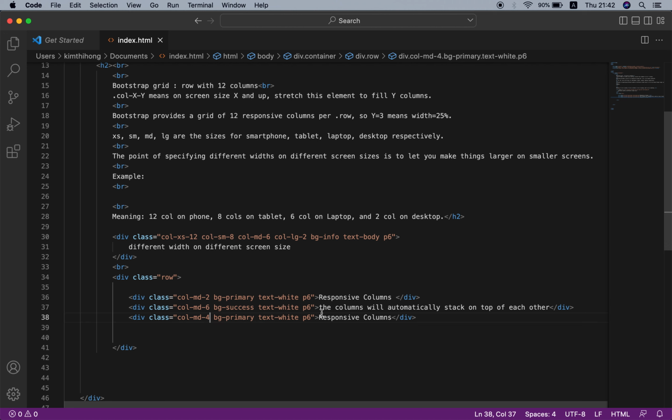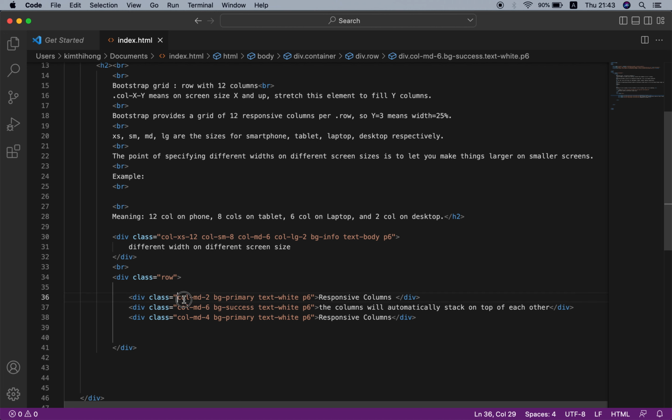But if the screen is smaller than medium, the columns will automatically stack on top of each other. That means each column will span 100% or 12 columns. But if the screen size is medium or greater than medium, such as large, this column structure will stay the same.